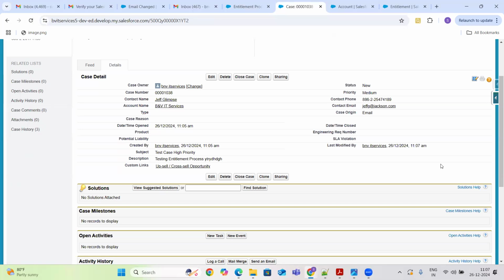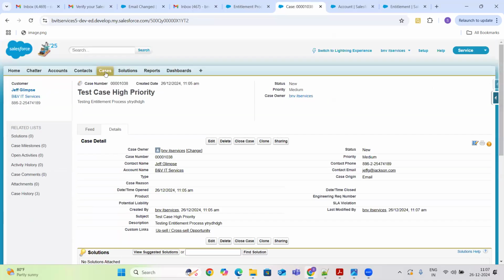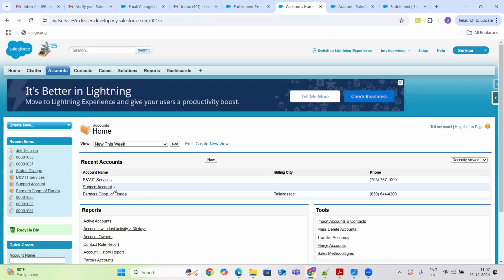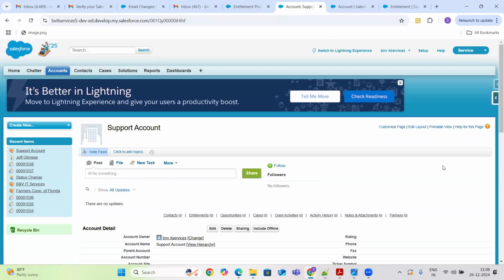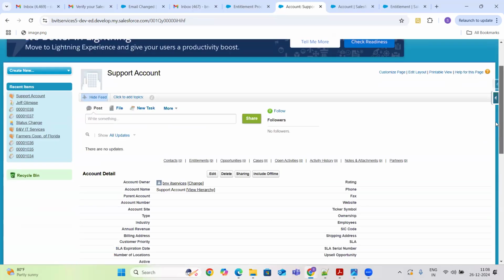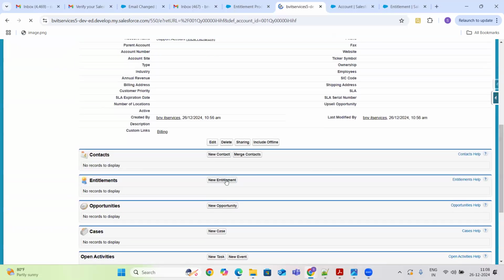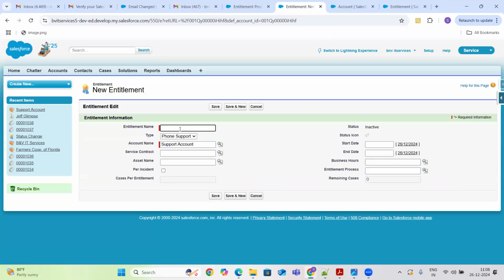Let me just do one another thing, guys. Okay. I'm going to accounts. Okay. Selecting an account, support account. Here I'm going to setting up the new entitlement.